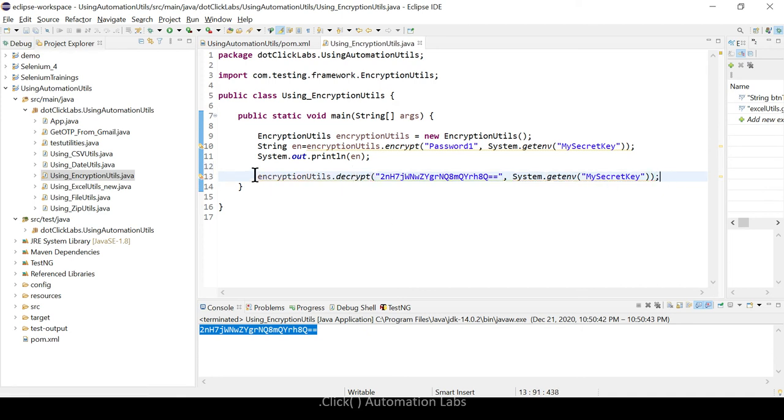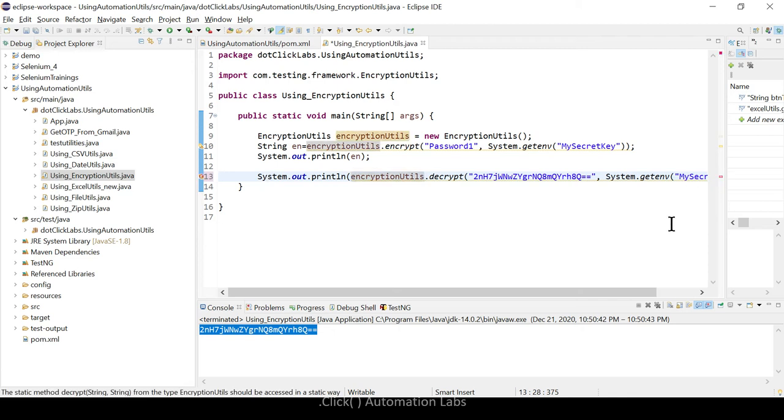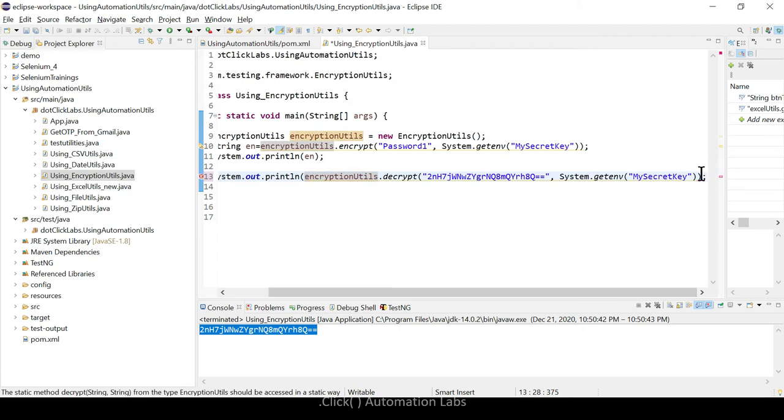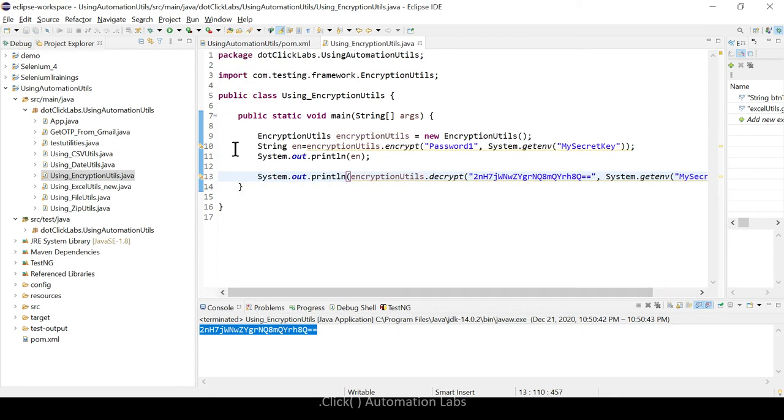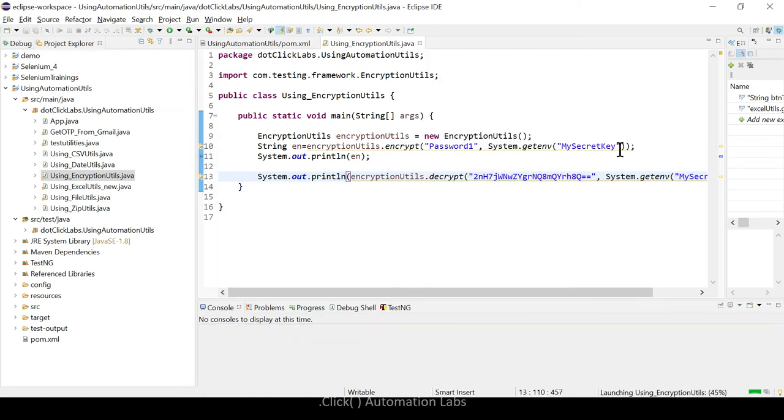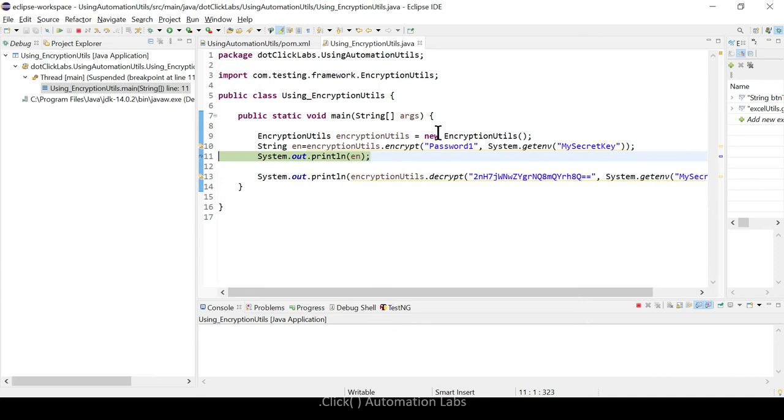You can just say system.out.println, and I am parsing it within this so that you can see it in the console. You can put some breakpoint, right click, debug as. So this is encrypted. Now see, you got the password 1 back. So this is the decrypted mode.